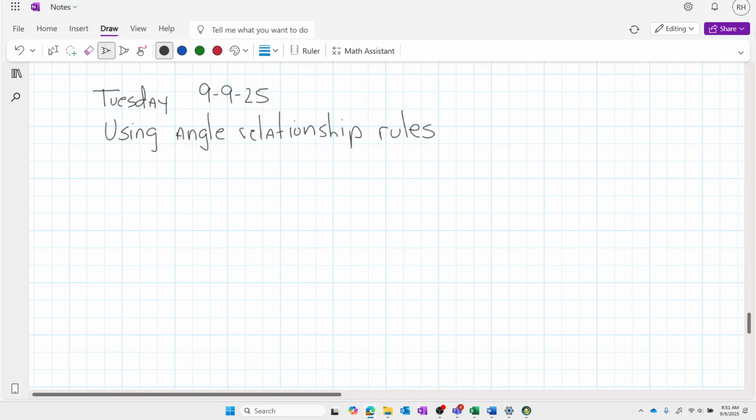So the problems you're going to see today will all look somewhat similar. So you'll see something like find the measure of two supplementary angles